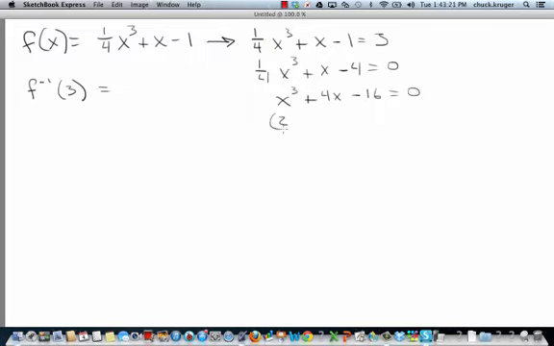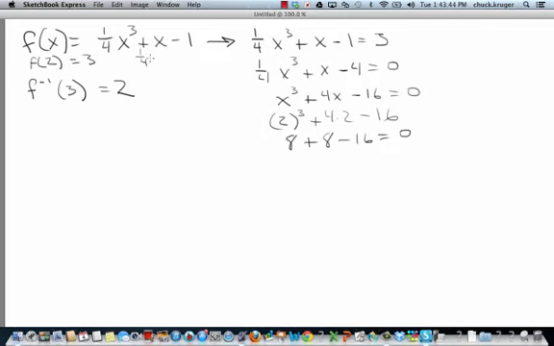If I plug 2 in here, 2 cubed plus 4 times 2 minus 16, this is 8 plus 8 minus 16. Sure enough, I get 0. So x equals 2. Over here, if I plug in 2 into this,